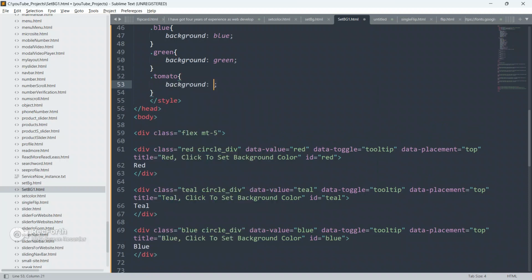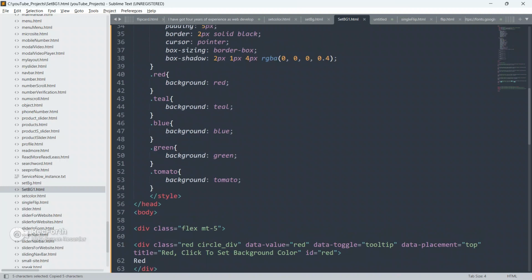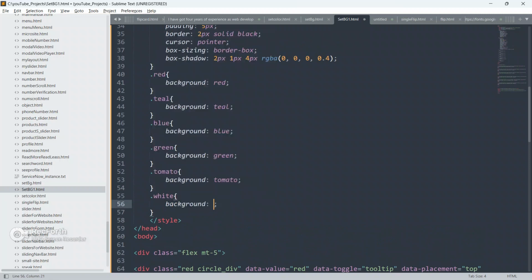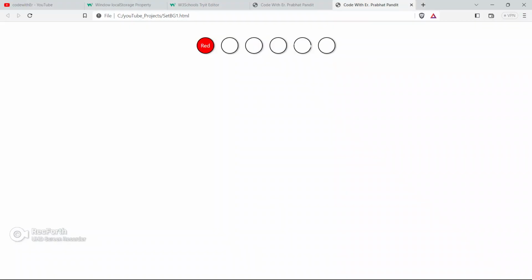Now tomato, give background color as tomato and go to white, copy this and paste it here and give background color as white only. Save your code, go to the browser and refresh your page.